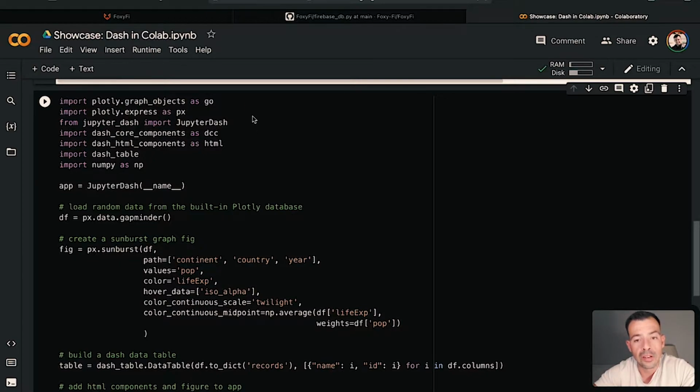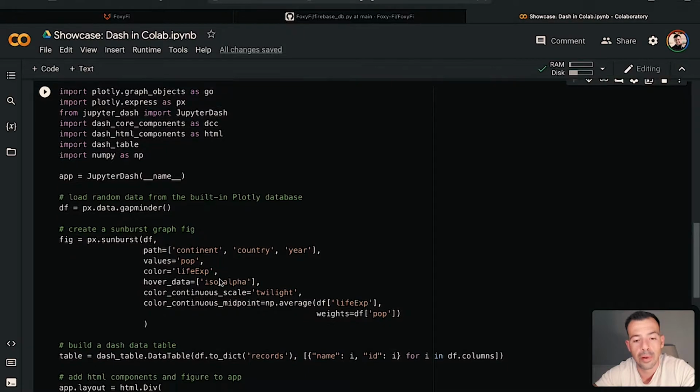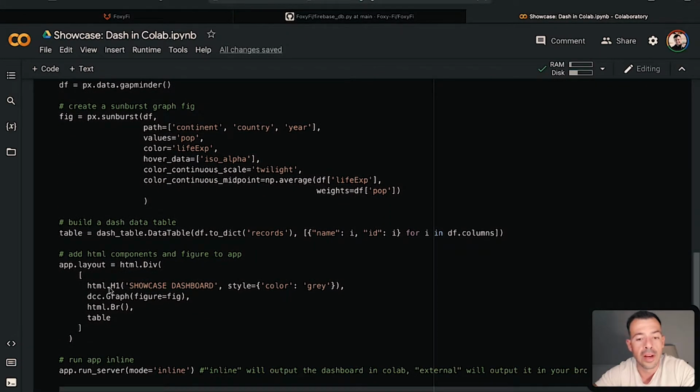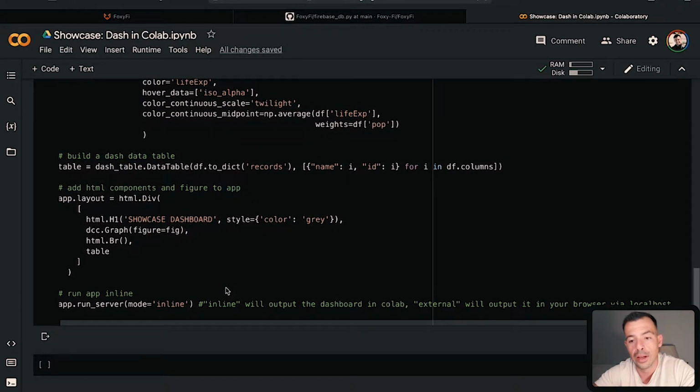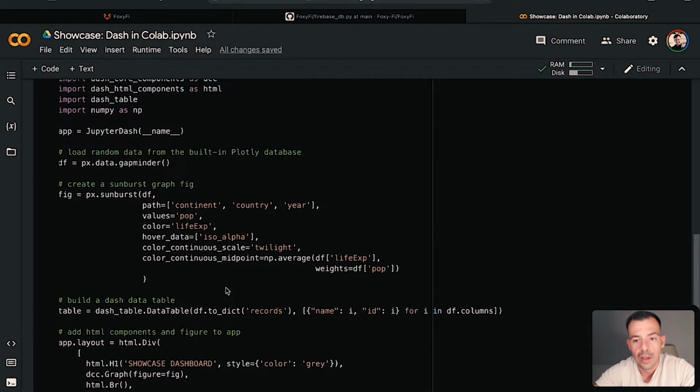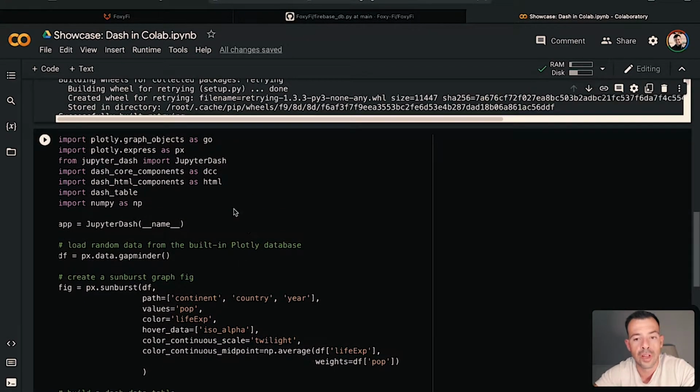What we're doing is importing a few libraries, and some of them are not even mandatory. You could potentially just instantiate an app and create an H1 saying, I don't know, hello world, and that would show you the main page of the website with just hello world. In this case, I've imported a few more things just to give you a little bit of a gist of